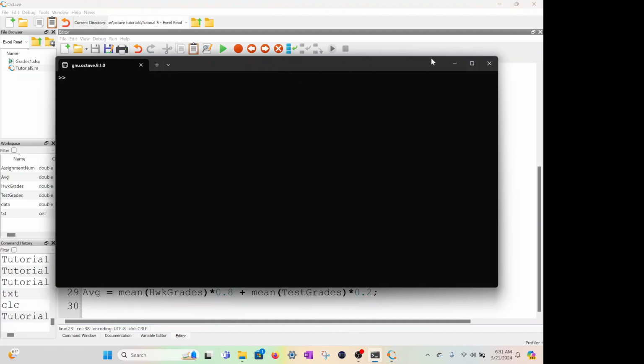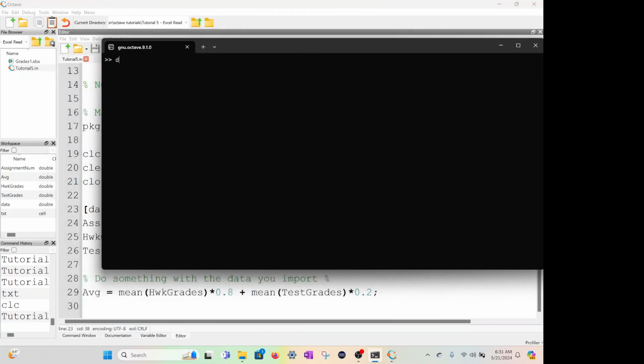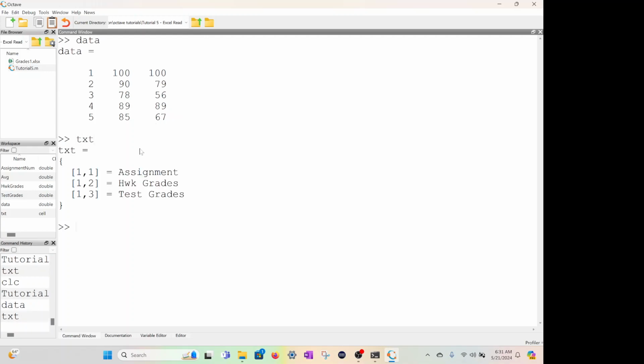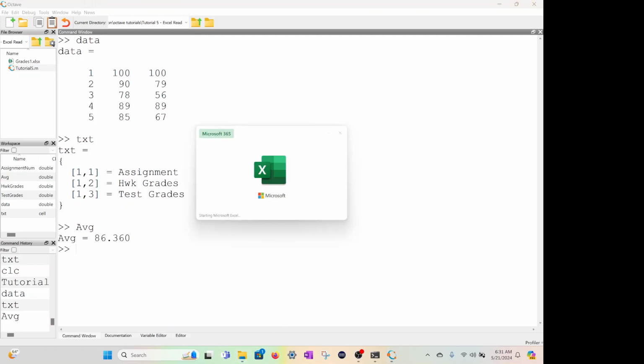Let's go here so you can see. I'm going to type data. Actually, that's small font. Let's go back to the command window. So data, that gives you the numbers that's in the Excel file. And I'll open up the Excel file to show you. And then text again. That gives us text. And then average. So what's my average? 86, so B+. So if I go back and I open up the Excel file,